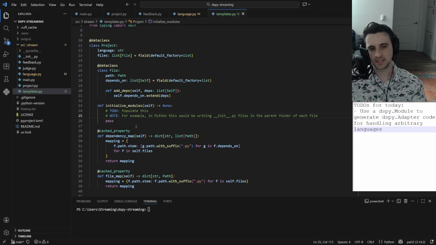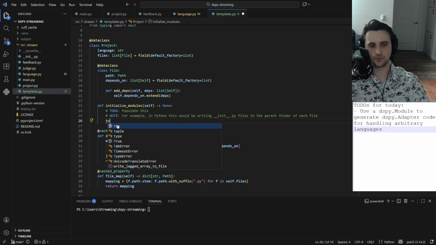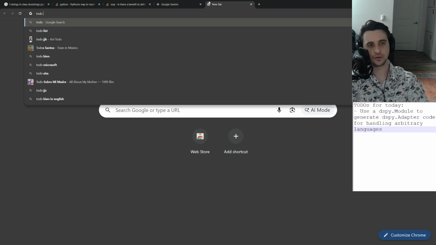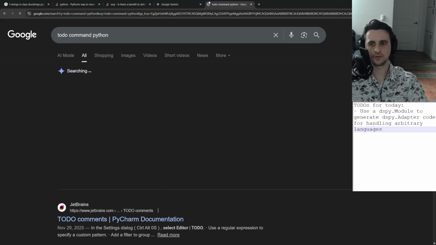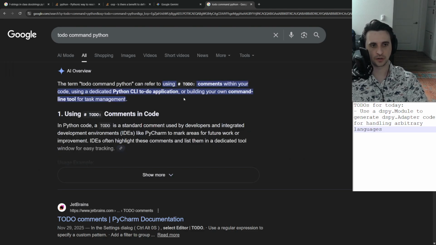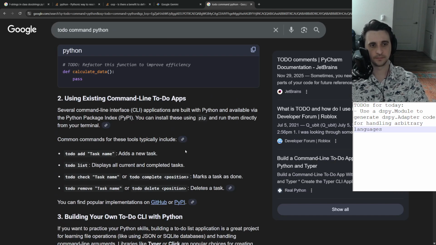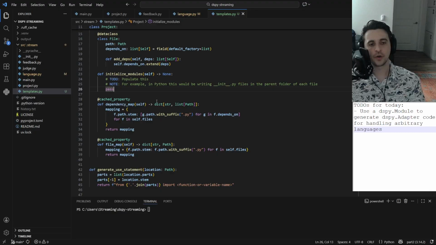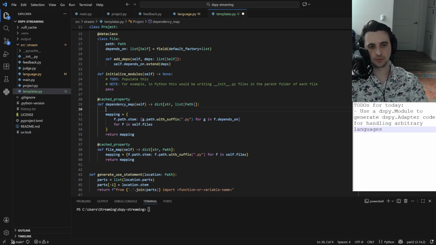So the AI will see this, and is there a to-do in Python? To-do command Python. There is no native to-do, right? It's just a to-do comment. Pass, yeah. Yeah, pass is fine, okay? Okay, what else? Dependency mapping. It should be a dictionary between string and list of paths. This one's easier. To do,